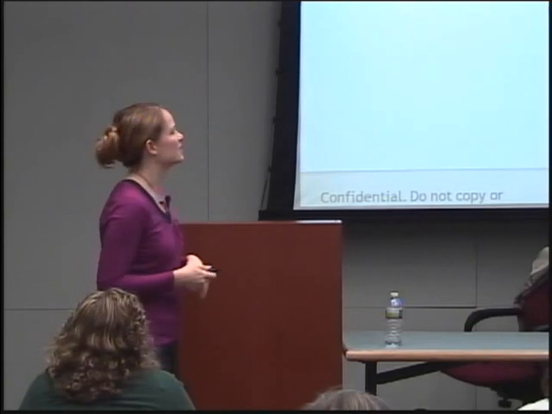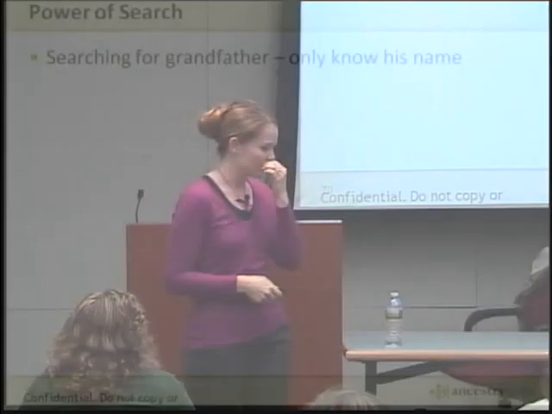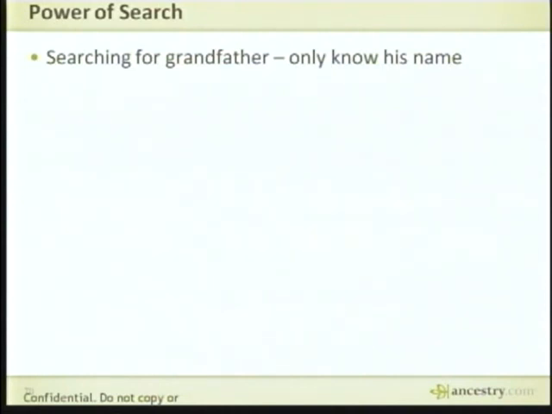You can have a lot of success when you search outside the box, and I want to talk a little bit about the power of searching outside the box, and actually just the power of search, because we have 7 billion historical records on Ancestry.com. We have more than 300 databases of NARA records on Ancestry.com. But that means nothing if you can't find a record about your ancestor. If you can't find the record that you're looking for, it doesn't matter that there's 7 billion historical records. That's great, but who cares if they're not about me?